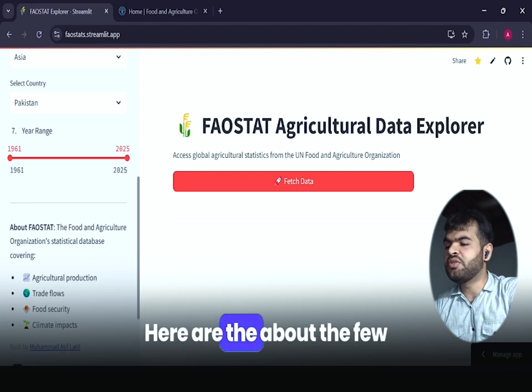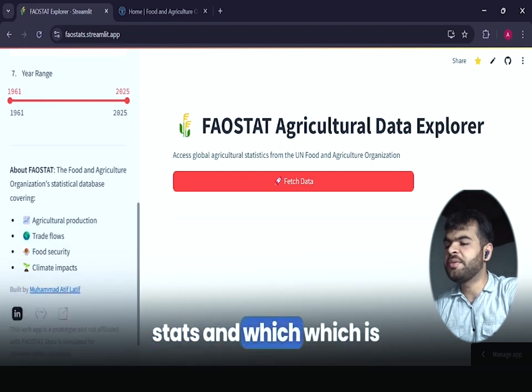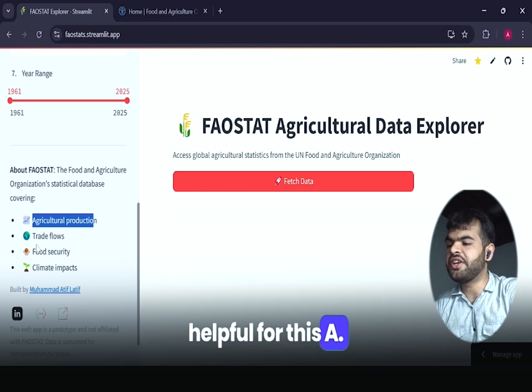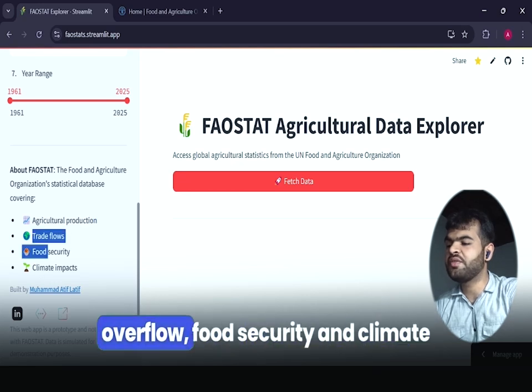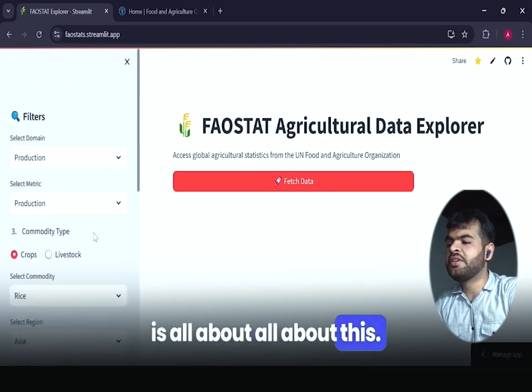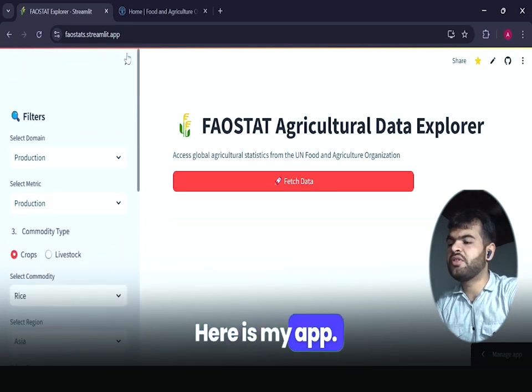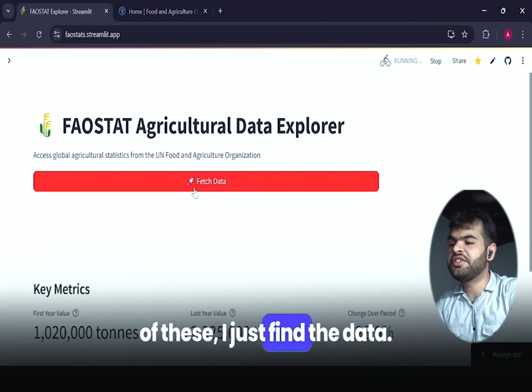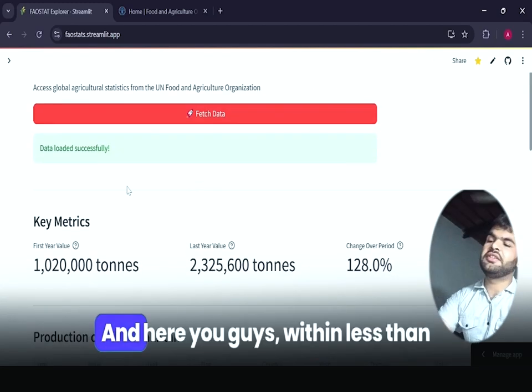Here is about the FAOStats, which is helpful for agriculture production, trade outflow, food security, and climate impact. Here is my app. After selecting all of these, I just find the data.